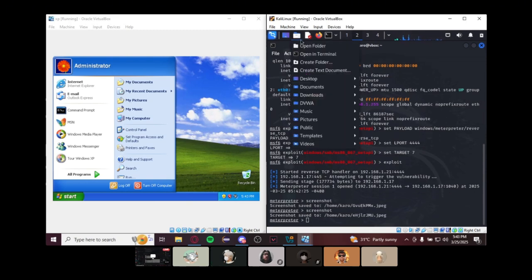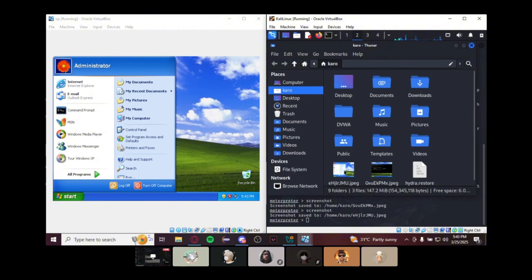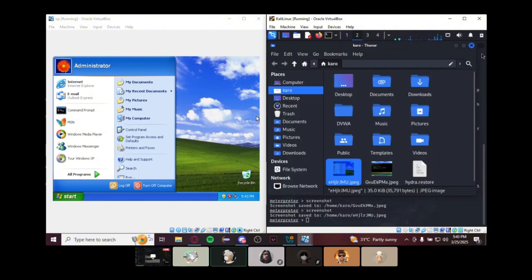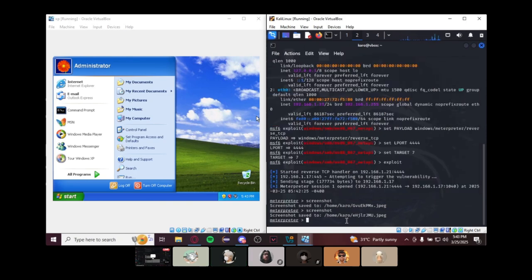So once again, check. See, same display. And now for shutting down the desktop, we can run the command shutdown -s -t 0 to shut down the desktop that we are currently connected to.